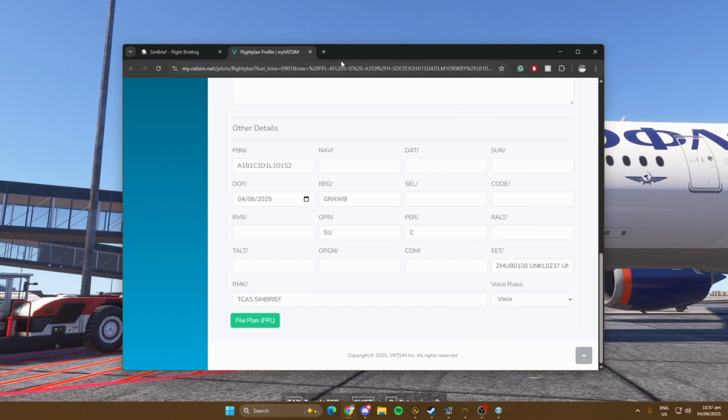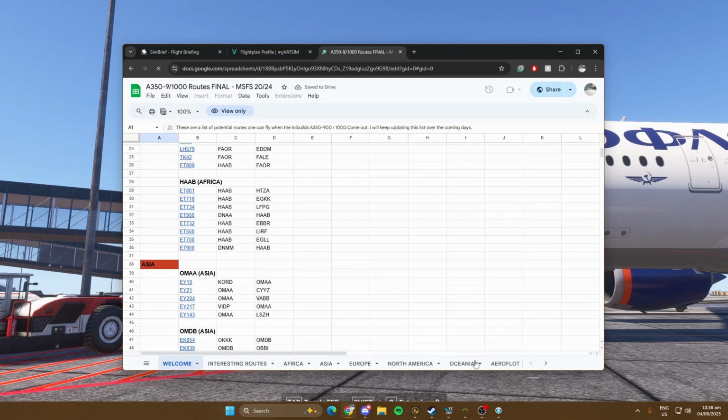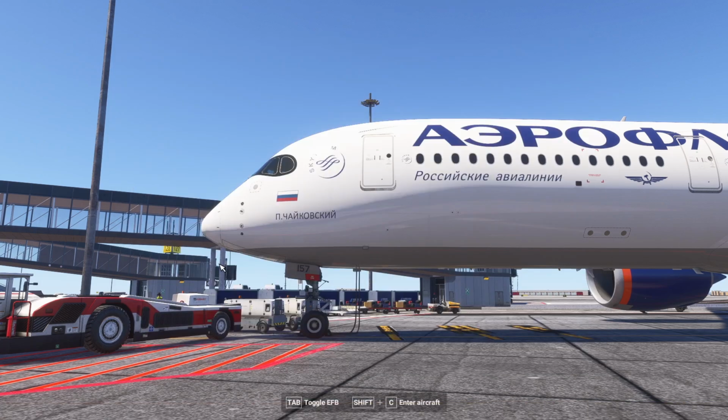So I'm gonna bring up the Google Sheet. Here we go. So this is a Google Sheet. I'll link it down in the description. And we're doing this. So I recently finished the New Delhi to Sheremetyevo flight, 6 hours. I did this earlier this morning. I landed this morning, and now we're going back from Daxing, China to Sheremetyevo, Russia, Moscow, as Aeroflot 205.